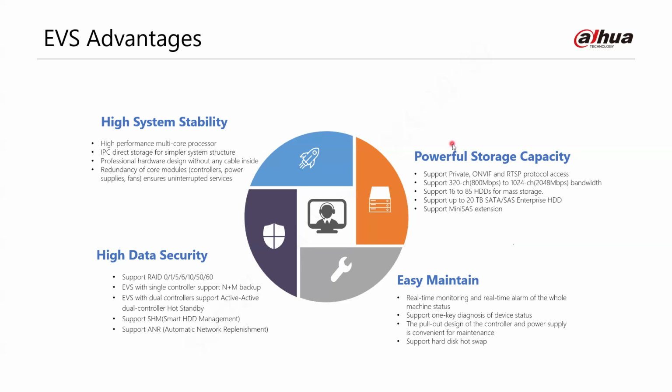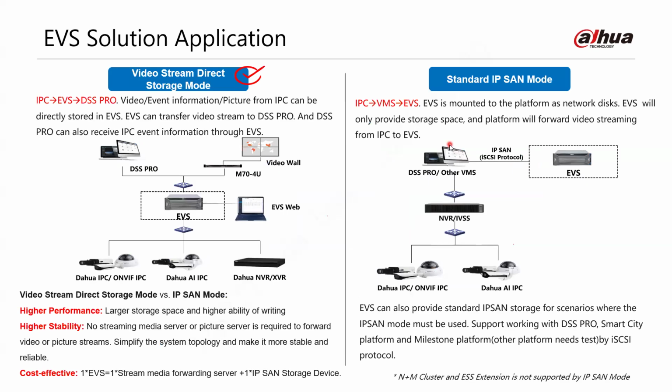Then the other thing, we'll take a look at the EVS solution applications. In this case, there are two main solutions, and from those two main solutions, we have the most recommended solution. So we have the video stream direct storage and the standard IP SAN model, or the standard IP storage area network model. In this kind of video stream direct storage, we have all the IP cameras connected